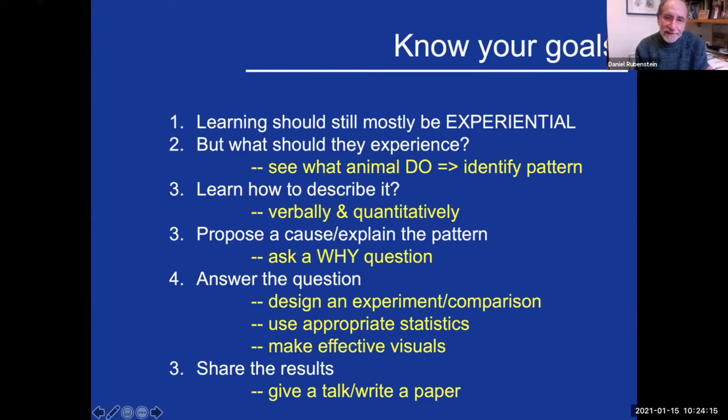Answering a question is: design an experiment, get data, do some sort of analysis, and do a presentation. But if it's their question, it's not a cookbook. And so this is why, if they find a pattern and have to dive into something that really intrigues them, they're going to own it. And then, of course, they have to share the results, either as a talk, a paper, to me and themselves,